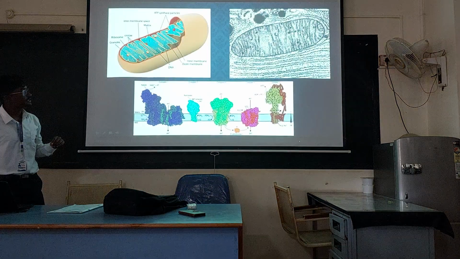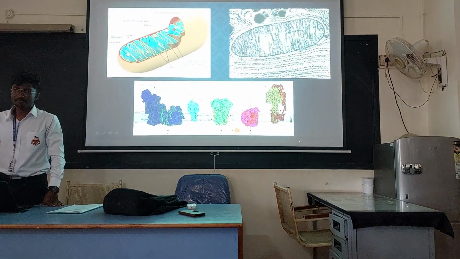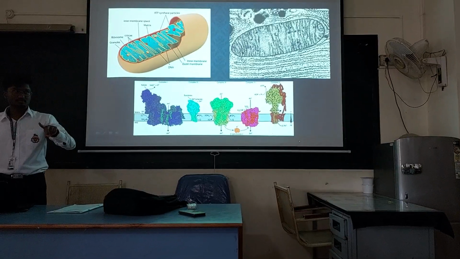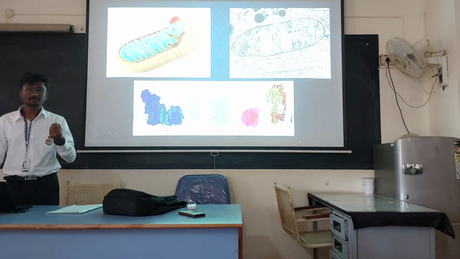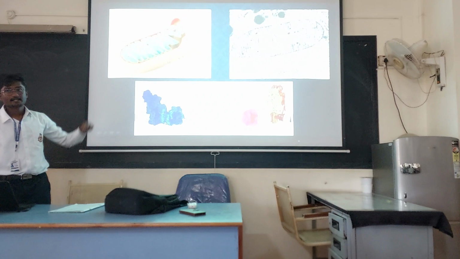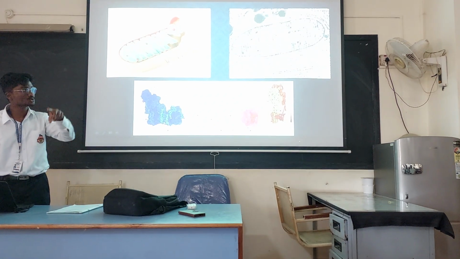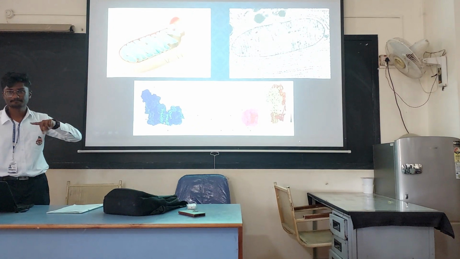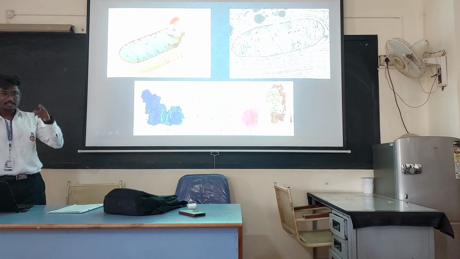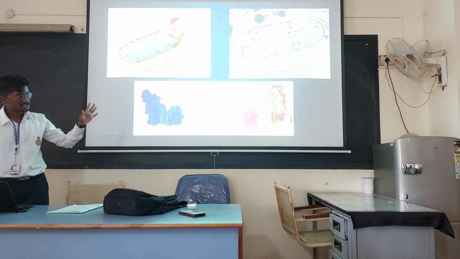Then talking about the inner membrane. The inner membrane is not freely permeable. It is permeable for carbon dioxide, water, and a few selected materials it permits. It doesn't permit everything like the outer membrane. It has permease enzymes which select the substance which should enter in or which should go out. The inner membrane also has many protein complexes and oxysomes, and I'll tell what its function is in the function part.